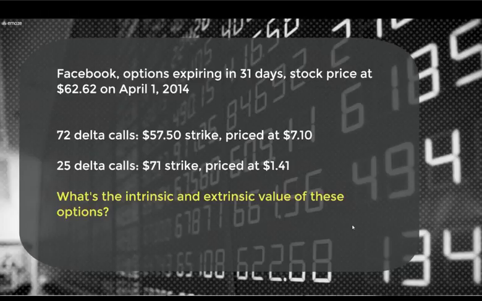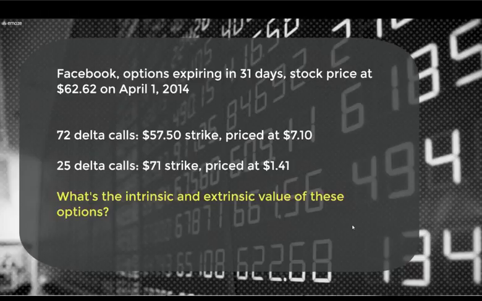That one was priced at $1.41. Now, just looking at this, that 71 to 62, that's a big move for a stock. In comparison, when you start talking about percentages and price movements, 62 to 71 is a very big move in 31 days. And again, when we look at 31 days, that's where time and volatility really crushes an option. That's where it accelerates the fastest.